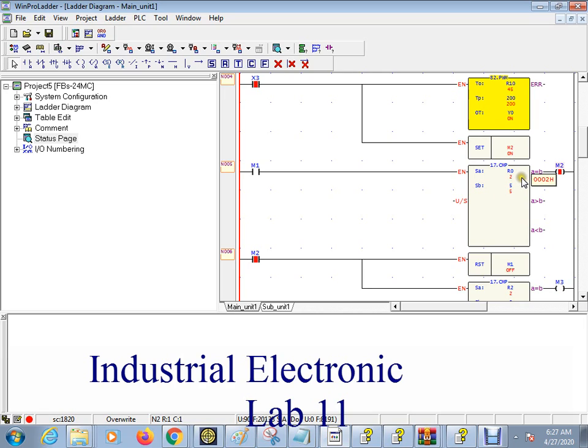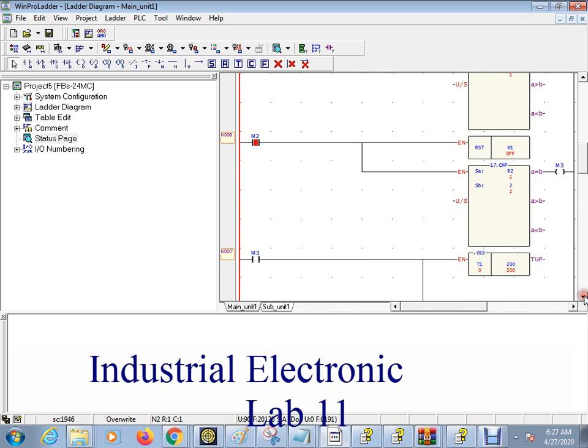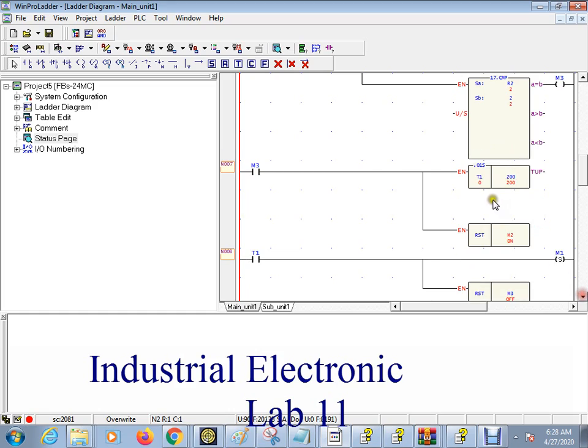When R0 is not equal to 5, it will activate the coil of M2, and this M2 will activate the SA, and when R2 equals 2 and SB equals 2, it will activate coil 3, and after 2 seconds it will reset the M2. Okay, and this will now